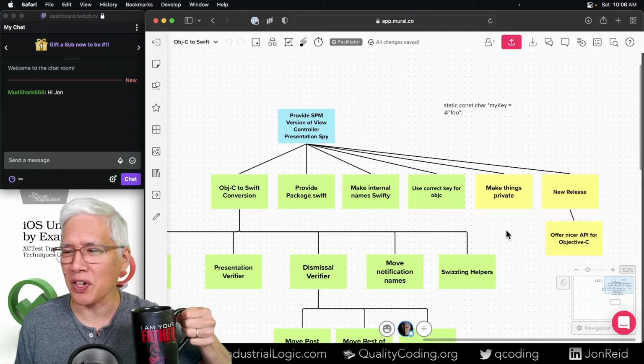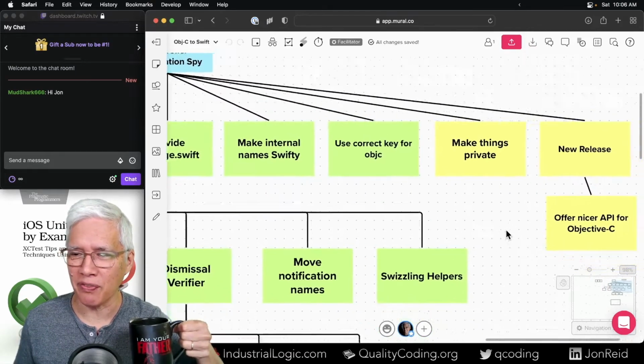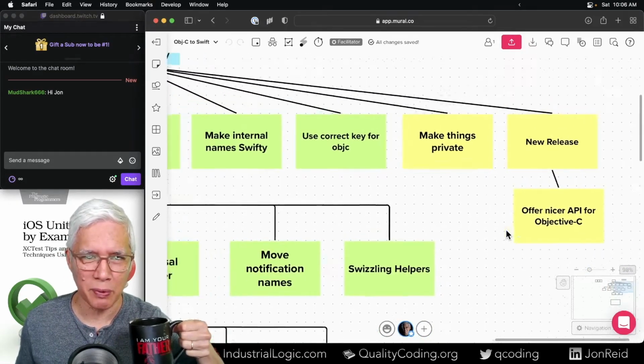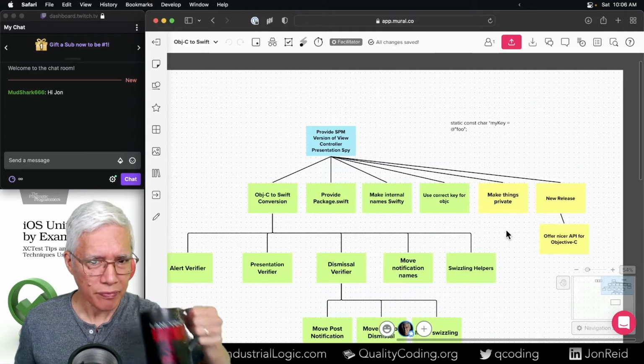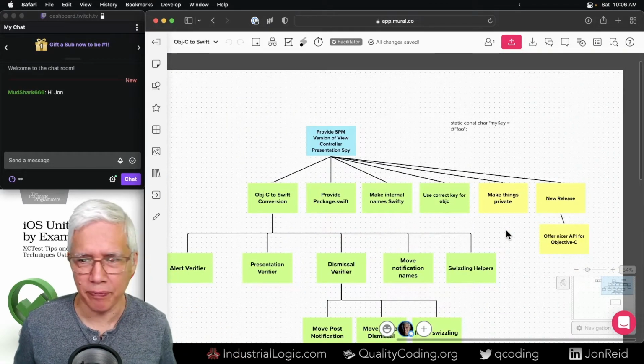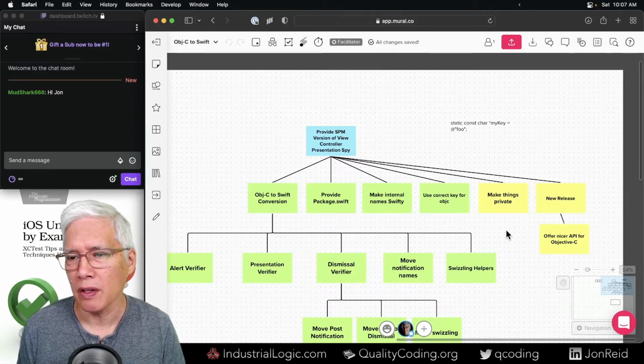Okay, having advertised that we would be working on offering a nicer API for Objective-C, I'm not sure that's where we're going today, because I want to ship it. That's the goal of things, is to ship things. So